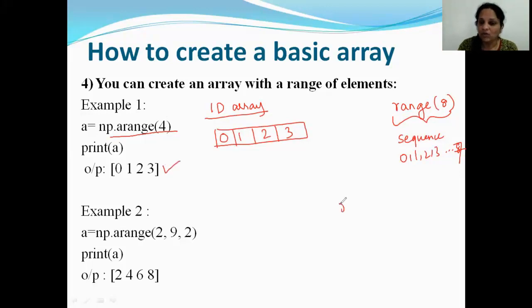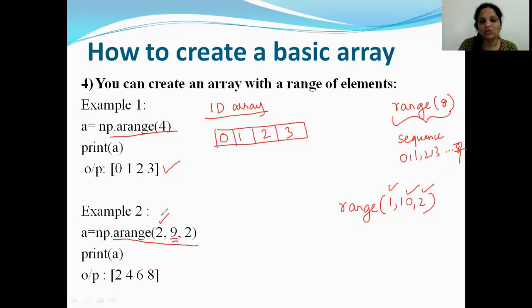Okay. If you remember the range function, you have written it in this form also, which says start at 1, end at 1 less than 10, and skip count by 2. The same concept can be applied in the arange function here. It says the first element of your array has to be 2. The last element of your array is going to be less than 9, and you skip count by 2.